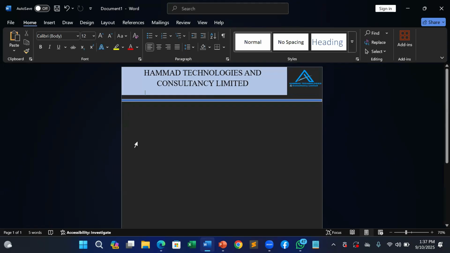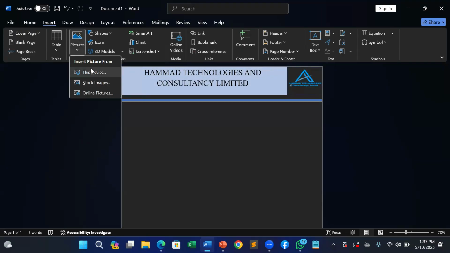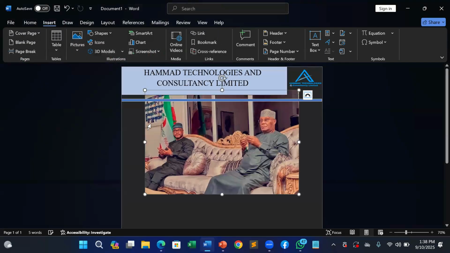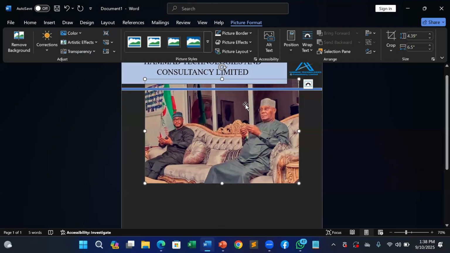Or if you want to insert a picture, you can go to Insert again, then click on Picture, then This Device. If you want to insert online pictures, whenever you're connected to the internet, it will take you to a browser and you browse for the picture you want. Let me select another picture. You can just select this picture here. After you select the picture,